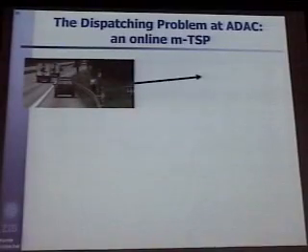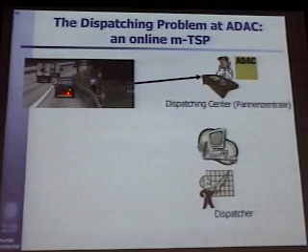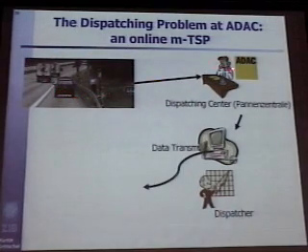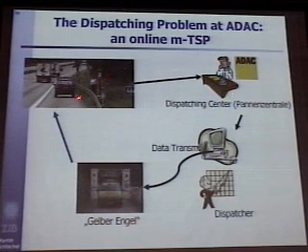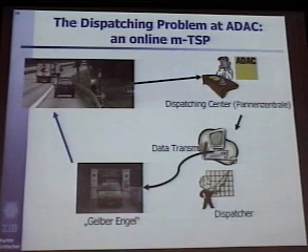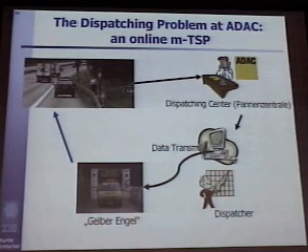Here is another interesting problem, the online traveling salesman problem. In Germany, you're on the highway, you get stuck, you have a problem, you call the German Automobile Organization, there's a dispatching center. They get your data, transmit the data to somebody here. The dispatcher figures out which car goes, it's a yellow angel, and tells the guy, in 35 minutes, we'll come and pick you up and help you. We have 5 dispatching centers in Germany. We have 1,700 cars running around on German highways.